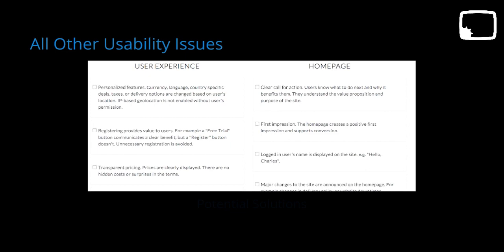So overall, what all these things accumulate to is you want to observe your users' behavior and then modify your site according to what people want out of the site. And the best way to find out for sure what your users want is to test iterations of your site. So